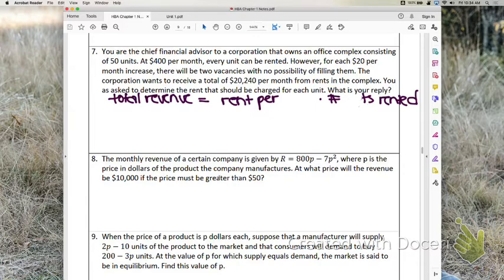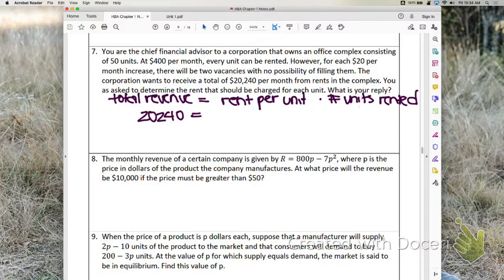All right, now, reading through this, first, how much do they want to make total? Okay, so that's going to be my total, $20,240. Now, they tell us we're starting with the rent at $400, but if you look back at example 7, remember